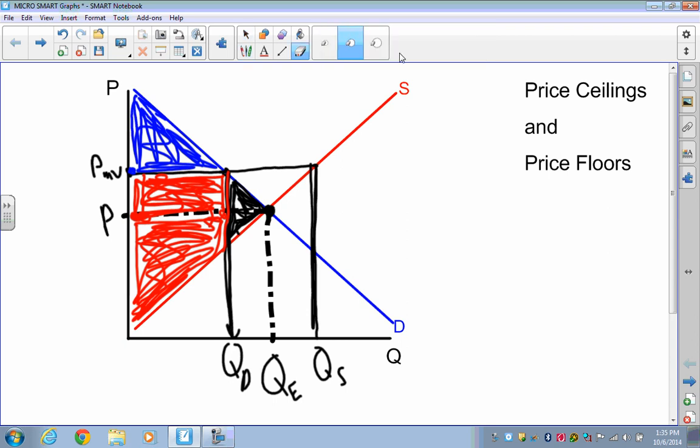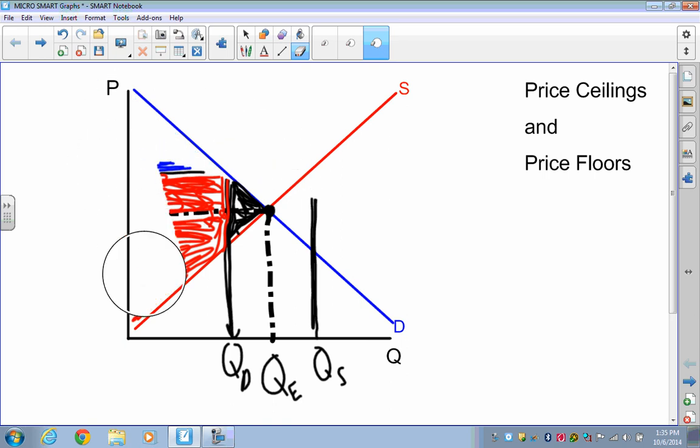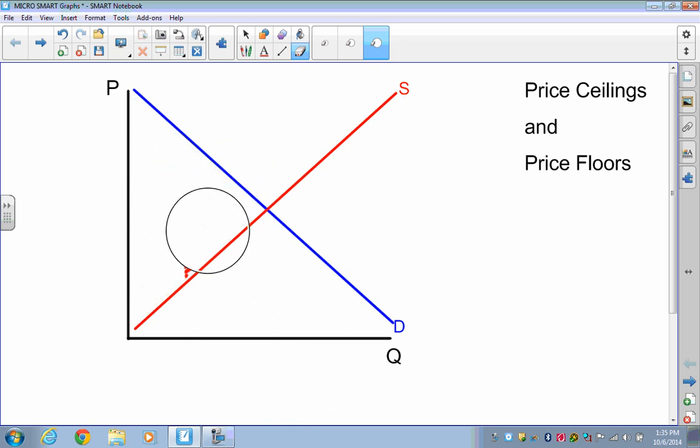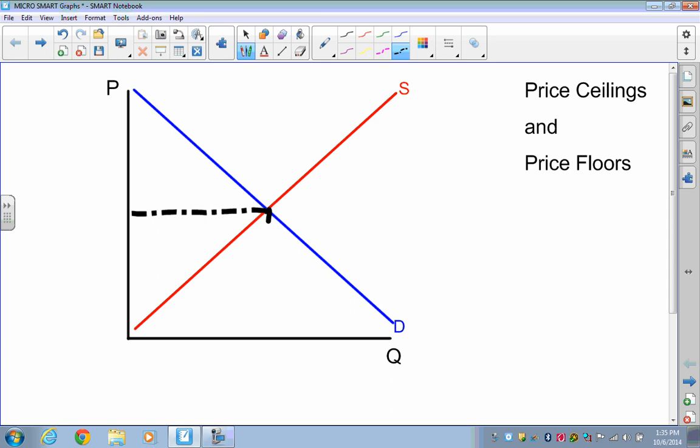Okay, let's go ahead and try it a slightly different way. What do you think we're going to use now? All right, a price ceiling. And we know that price ceilings do what? Keep us down. They keep prices down. Okay? So what's an example of something that has price ceilings? Rent. We can have rent controls. So you want to keep rents down. All right, so let's go ahead and say there's some kind of rent control. It's going to take price from here and move it, let's say, right there,